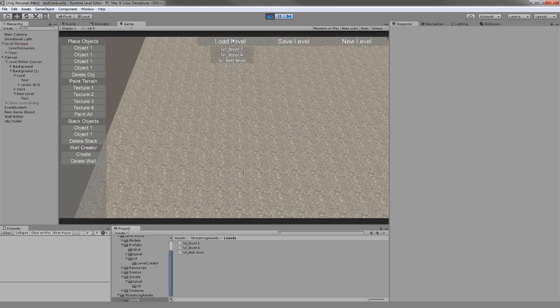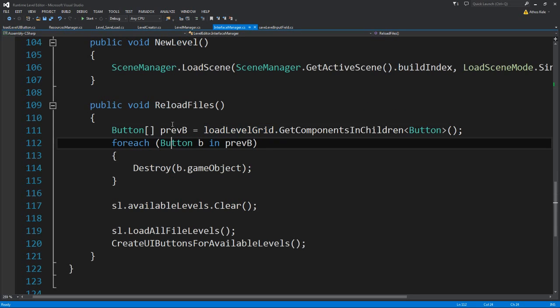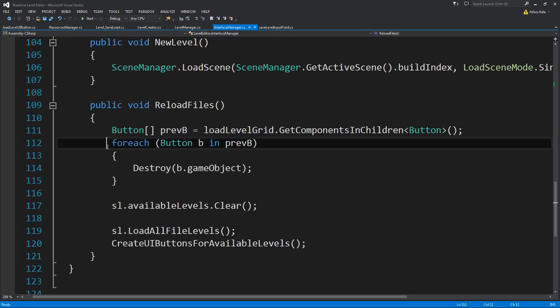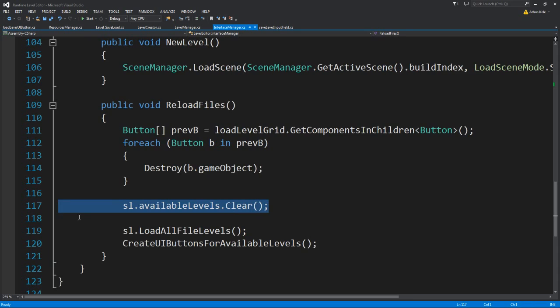Okay, so we have to recheck all the new levels and create new UI buttons and all that. So what we do in this case, we basically find every game object that has a component of button and it's also under the load level grid, and of course that means it's the buttons for each level. So for each button we basically go and destroy that game object. We clear the variable level list. Since we only store the strings, that means we only have to clear the list, and then go call into